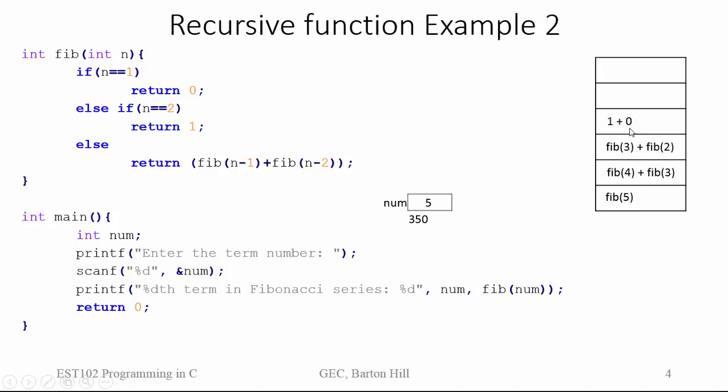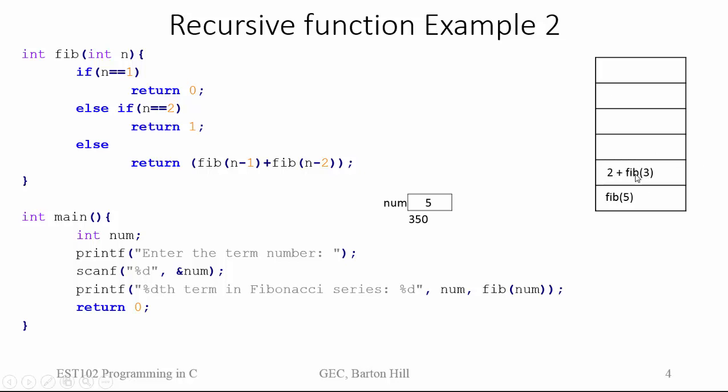Then 1 plus 0, that is our function fib of 3, will return the value to the calling fib of 3, so 1 will be returned here. Then 1 plus fib of 2, so fib of 2 is called again, and n equal to 2, so it will return 1, so 1 plus 1 will be returned to fib of 4, so 2 plus